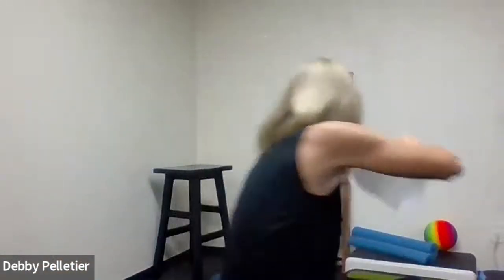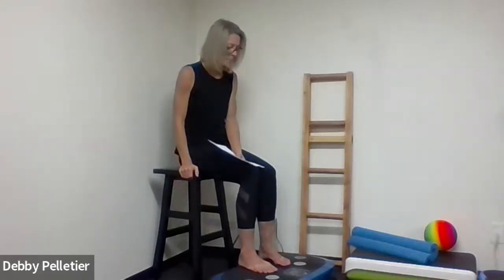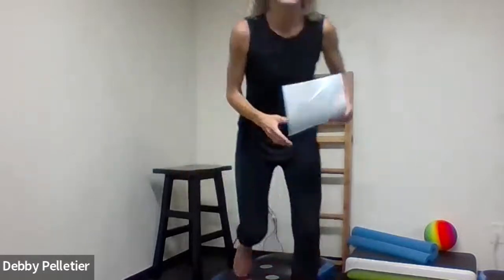Okay. So for those of you that have never done a session with me, the first thing I want to make sure that you have available is a bar height stool. What a bar height stool does is it allows you to reduce the amount of body weight that you are putting into the platform. So if you're dealing with poor mobility, poor range of motion,